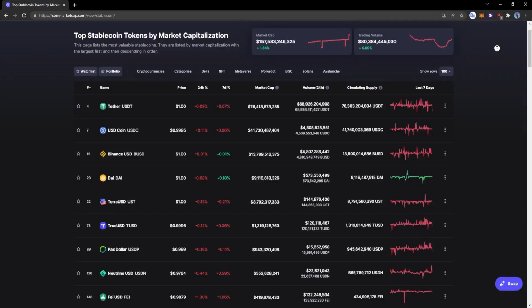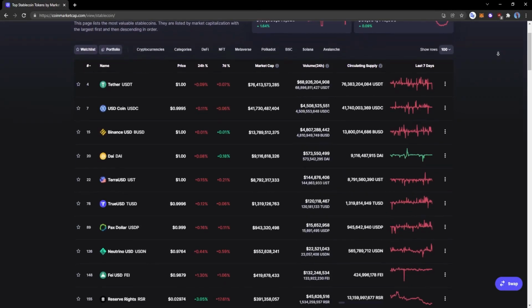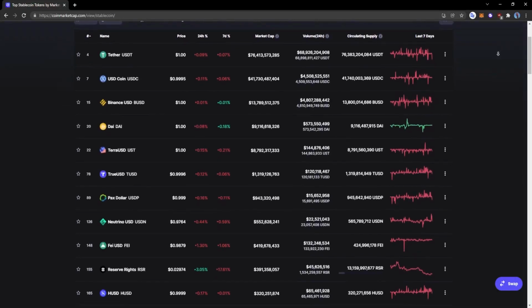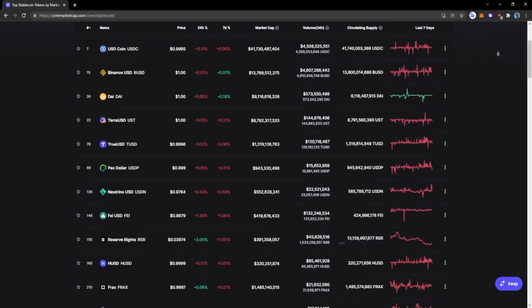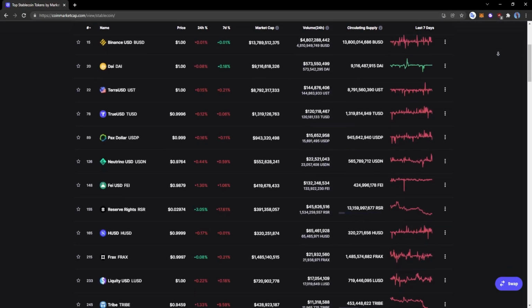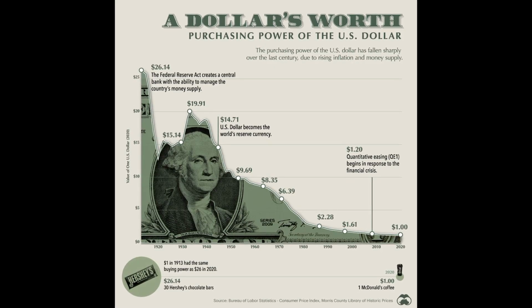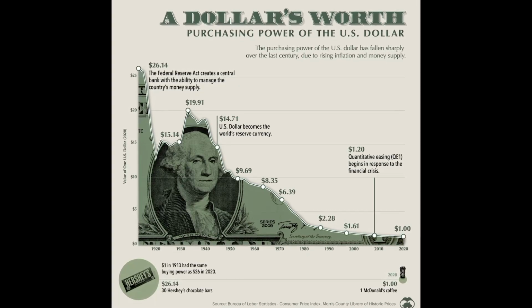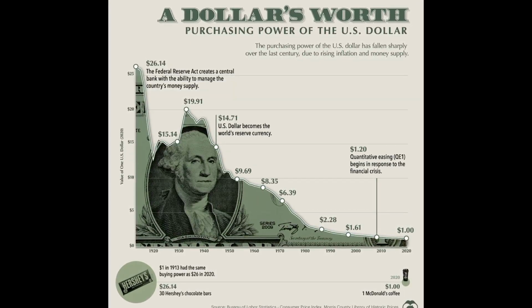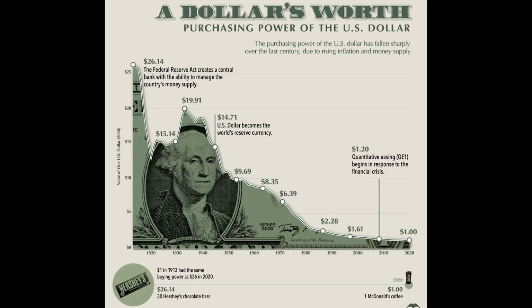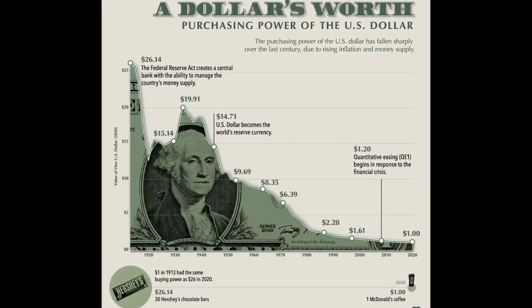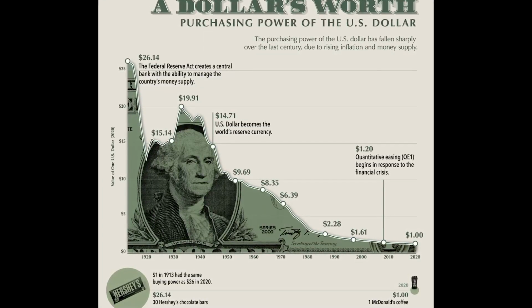Stablecoins like USDT and USDC have become an integral part of the crypto space. We use them to store non-volatile value, allowing us to maintain the same amount of purchasing power from day to day. Unfortunately, this isn't how the US dollar works. The Federal Reserve controls minting of US dollars, and its fiscal policies have consistently led to depreciation of its currency. This means that a dollar today is not worth as much as a dollar tomorrow.